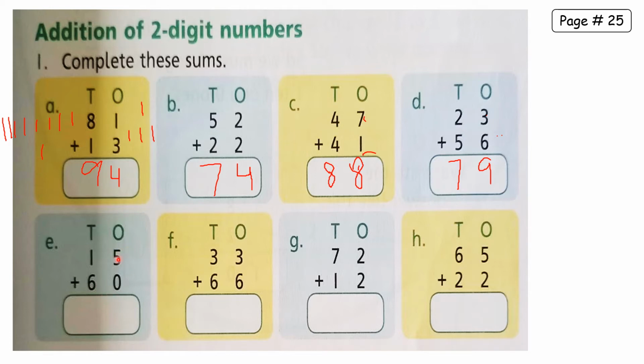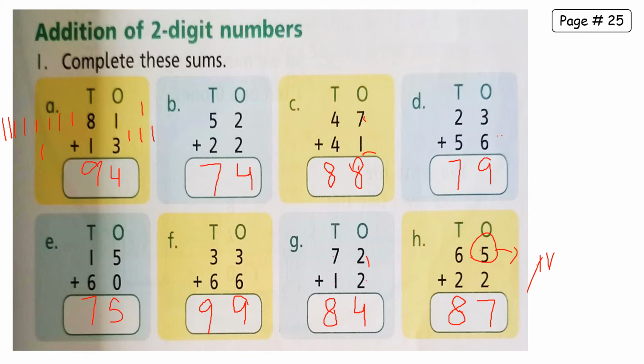Whenever we add 0 to a number, we get the same answer, means 5 plus 0 is 5. Then 6 plus 1 is 7. 6 plus 3 is 9. Again 6 plus 3 is 9. 2 plus 2, 4. 7 plus 1, 8. 5 plus 2. Okay, you can draw 2 lines here and then start counting next to 5. 6, 7. So 7. Again 6, 7, 8. So you can do addition in whatever method you like.